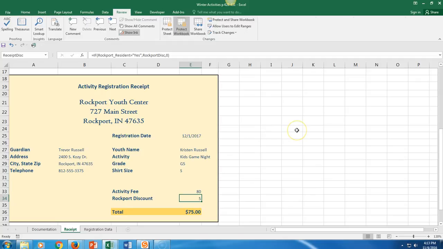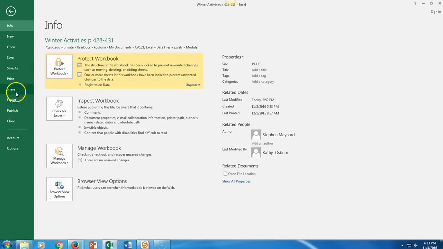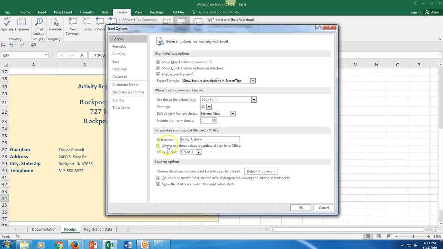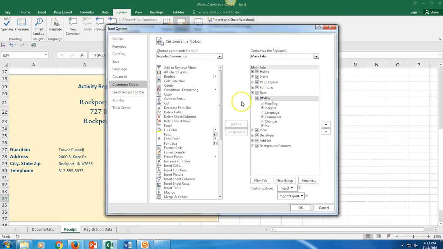Okay? So again, remember this is something you're going to have to do multiple times. Anytime you're working on another computer, every time you come into the lab, in order to do your macros, you have to put this Developer tab back in. And it's File, Options. Okay, let's go do it one more time. File, and Options, and then customize the ribbon, and then put a check mark in Developer, and you're ready to